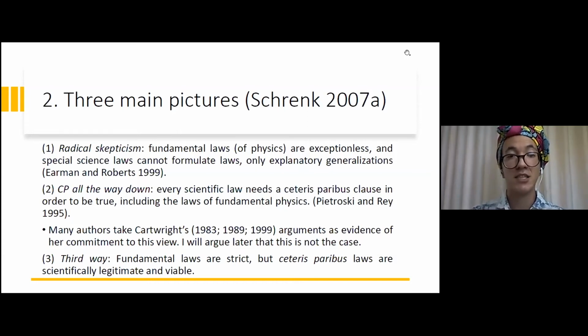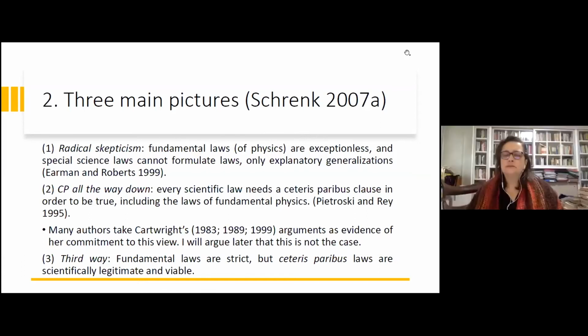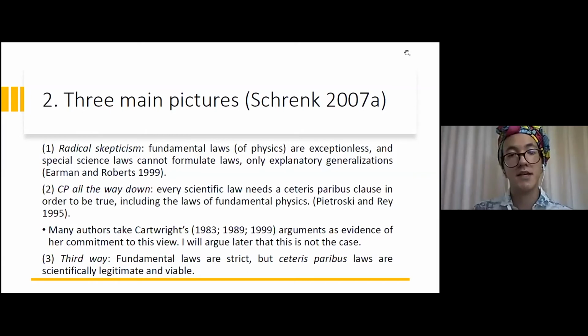So there are no ceteris paribus laws in any branch of science. And special sciences can only provide explanatory generalizations, which do not deserve the title of law. That's the position assumed, for example, by Earman and Roberts in a very influential paper from 1999. The second position, which is a very radical one too, is that it is ceteris paribus all the way down,